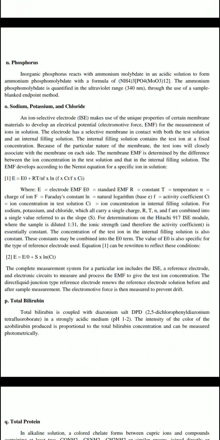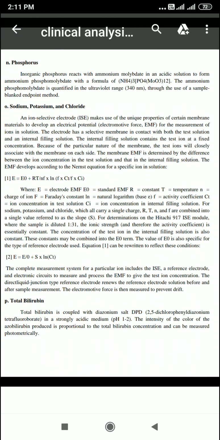The EMF develops according to the Nernst equation for a specific ion solution: E = E0 + (RT/nF) ln(f·Ct/Ci), where E is the electrode EMF, E0 is the standard EMF, R is the gas constant, T is temperature, n is the charge of the ion, F is Faraday's constant, ln is the natural logarithm, f is the activity coefficient, Ct is the ion concentration in the test solution,